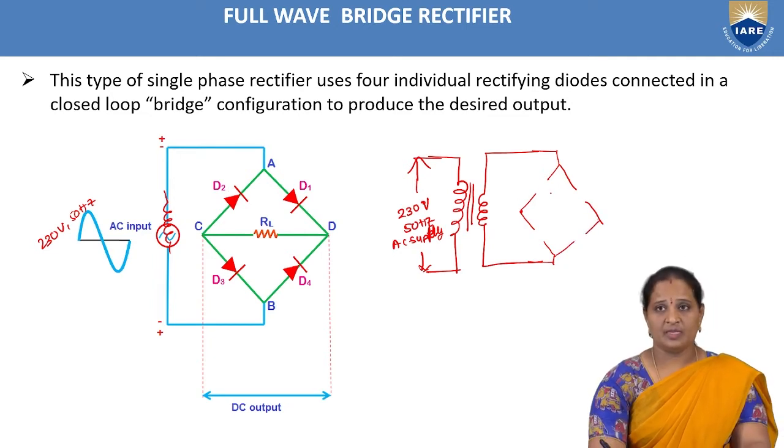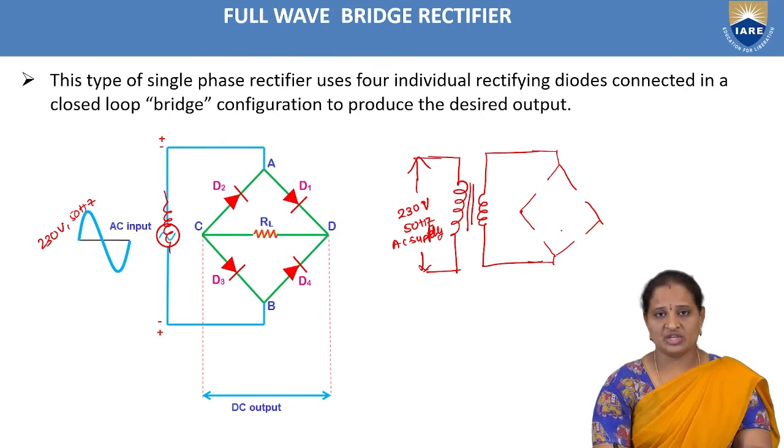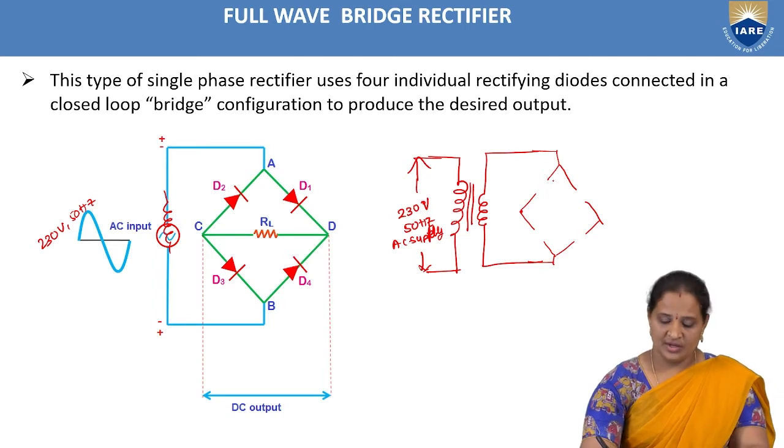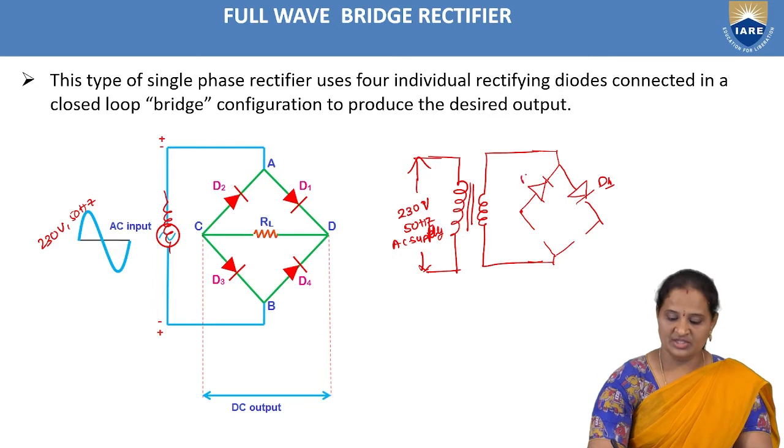So this is the primary step down transformer, and in the secondary winding of this step down transformer, we have 4 diodes which are connected in a bridge-like structure. So here the diodes are connected like this. This is D1 and this is D2. Now coming to D3